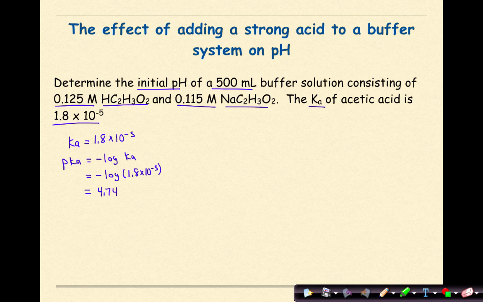4.74. We can then use the Henderson-Hasselbalch equation by saying pH is equal to pKa plus the log of the concentration of our weak base over the concentration of our weak acid. So then we can plug our numbers in and say 4.74 plus the log. The concentration of our weak base is